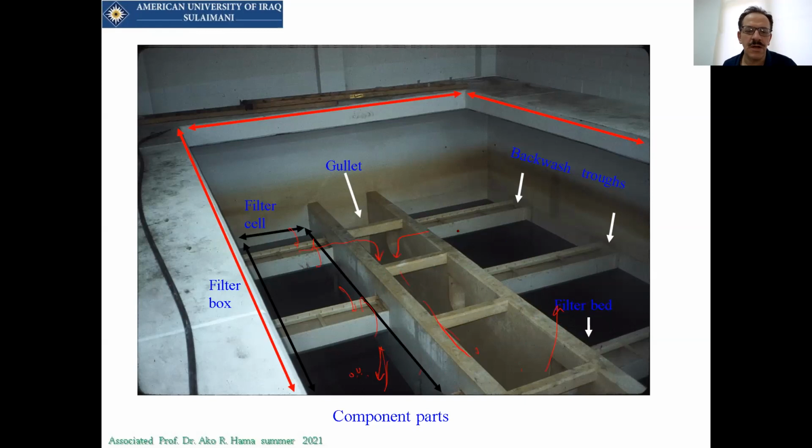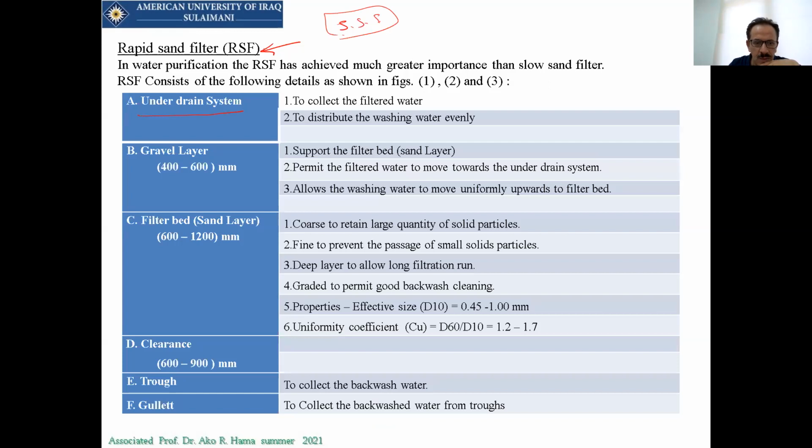Why do we need to drain out this filter? This is the mud and every debris that has been filtered out. We need to stop the filters for 24 to 48 hours and wash those filters. This process is called backwashing of the filter. So backwashing is just when we need to clean out the filter.